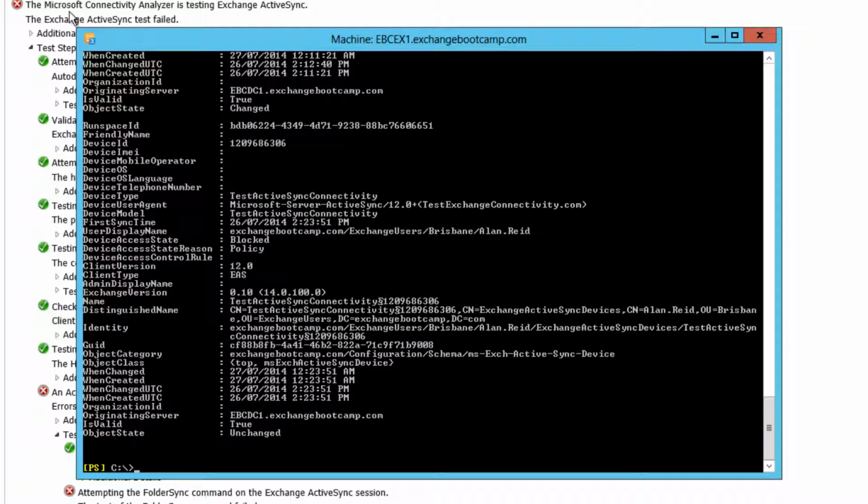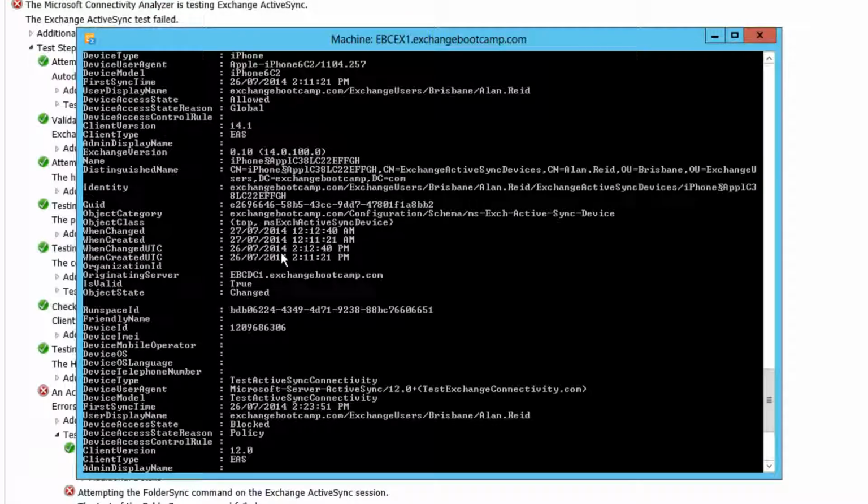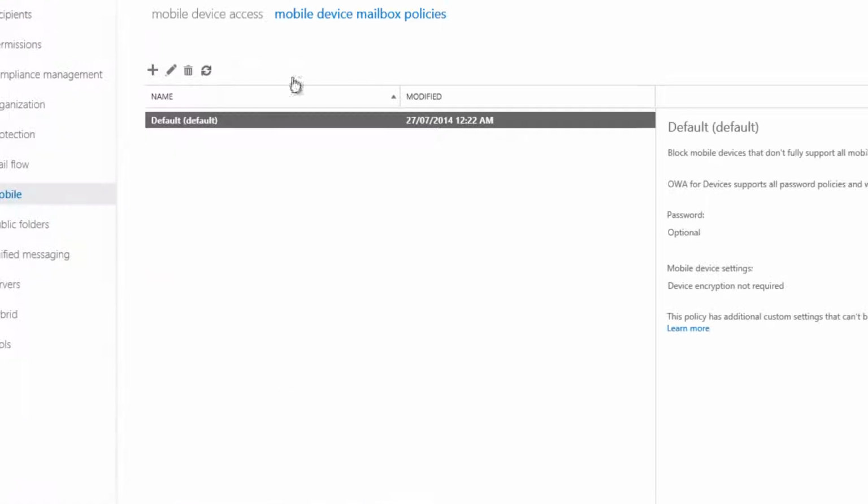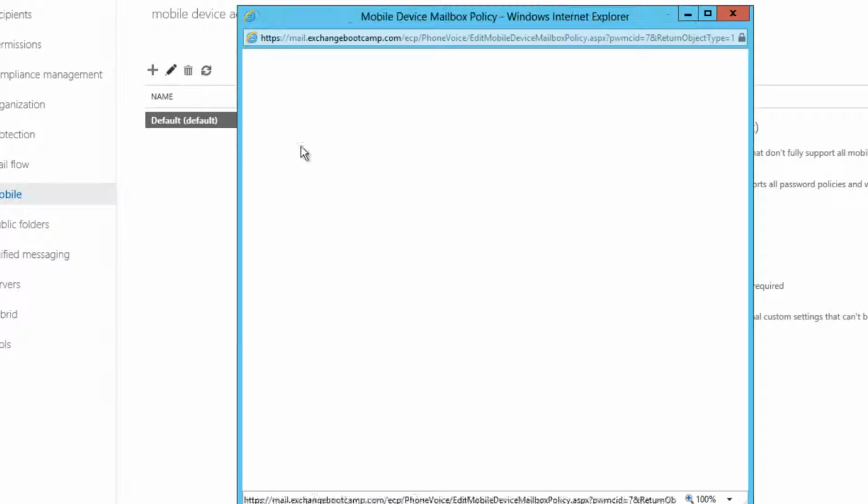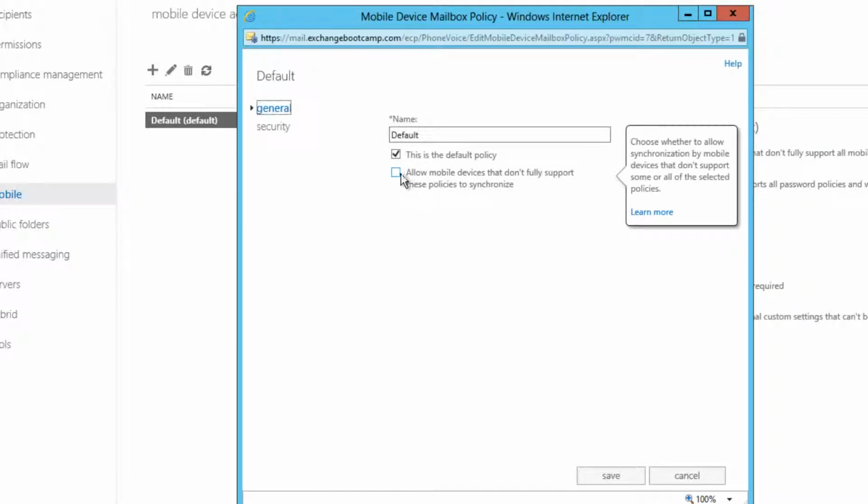So this remote connectivity analyzer is just a testing tool. It's not a real mobile device. It can't actually apply all of the policies that a mobile device may require of it, such as having a password or having device encryption. And so it will actually fail anytime we have a mobile device mailbox policy with this box unchecked. So unless we're allowing mobile devices that don't fully support these policies to synchronize,